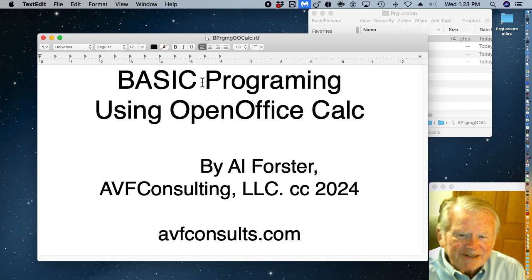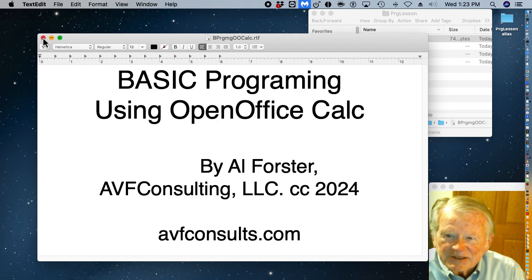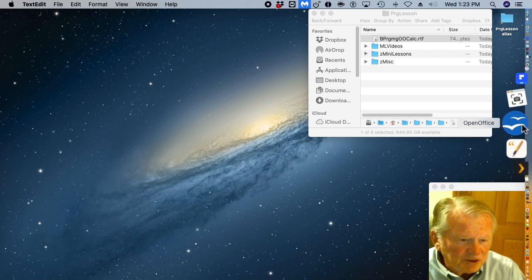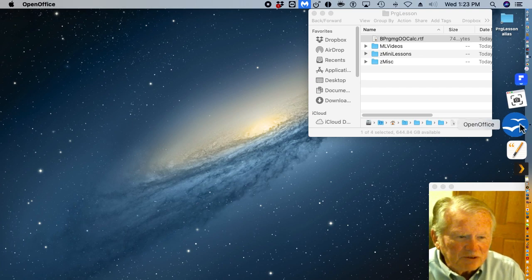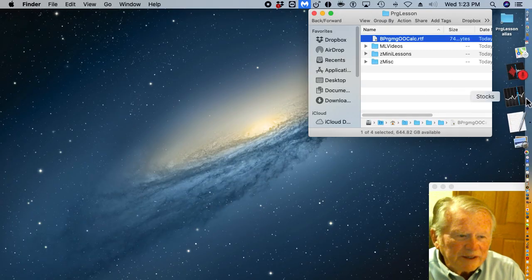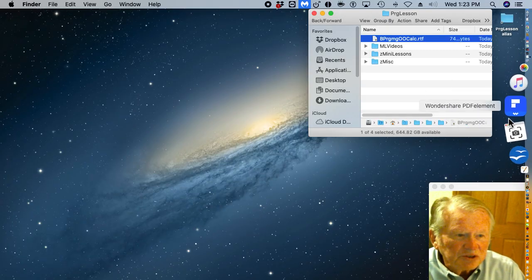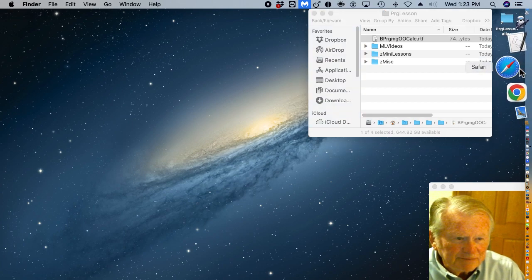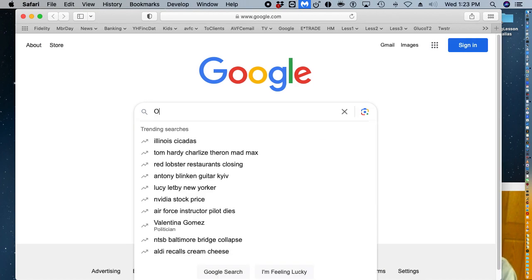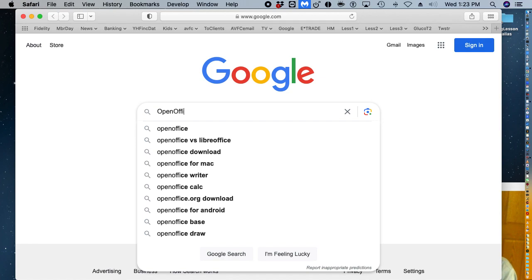So what I'm focused on here is basic programming using OpenOffice Calc. The first thing you have to do is load OpenOffice if you don't already have it loaded and haven't already configured it. This is what OpenOffice looks like when you configure it. And the way you get it is you go to your web browser, mine is Safari, and you type in OpenOffice